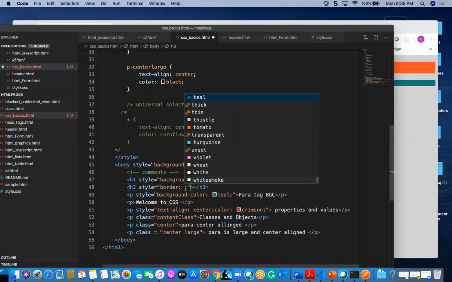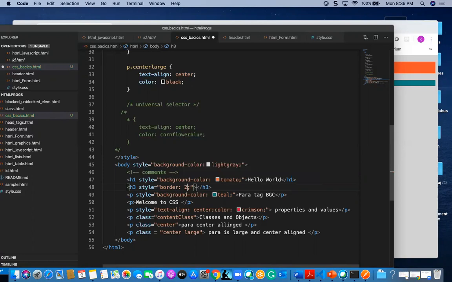Here I am going to mention the first parameter, which is the width of the border. The second parameter is whether it is solid or likewise, and one more is the color, tomato or anything like blue.